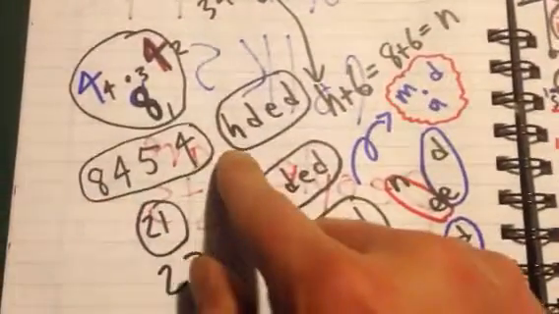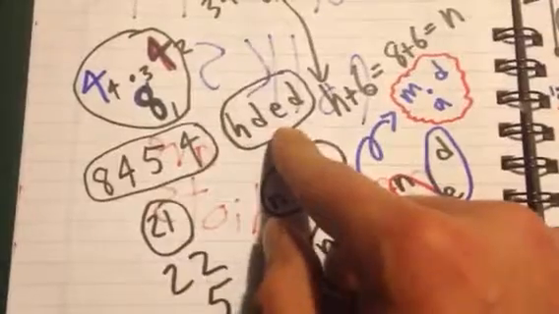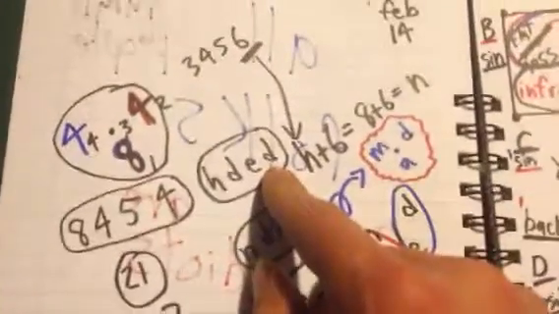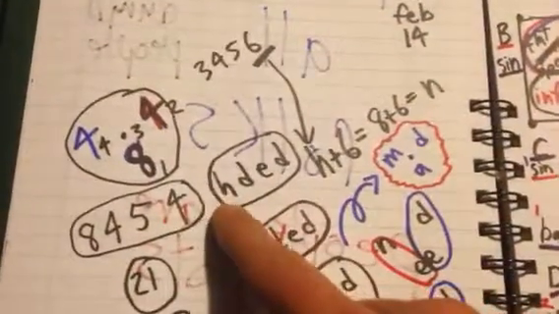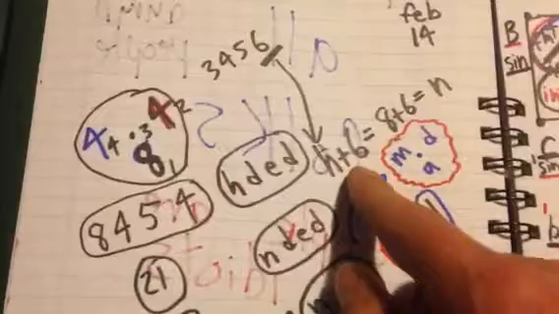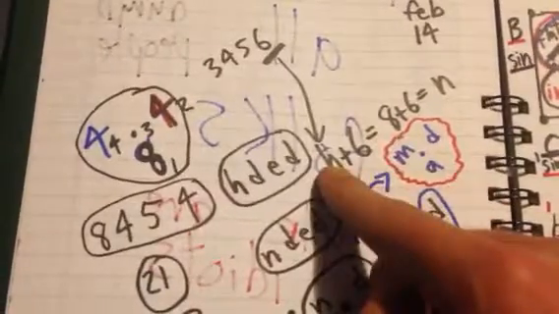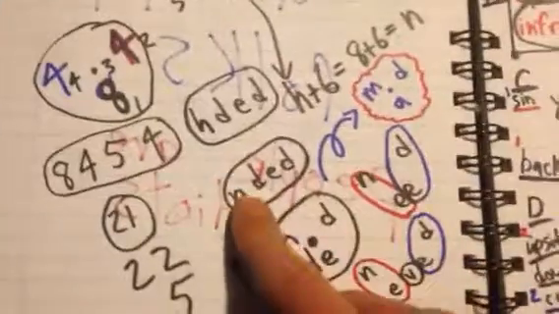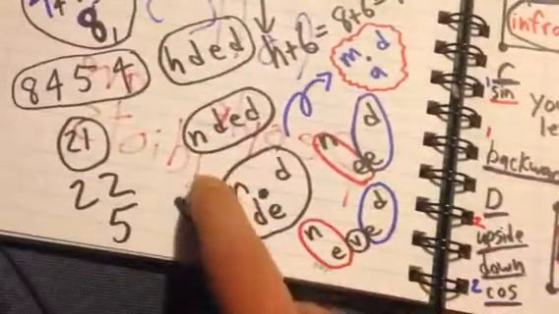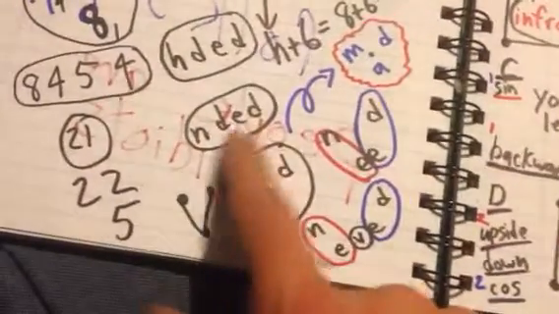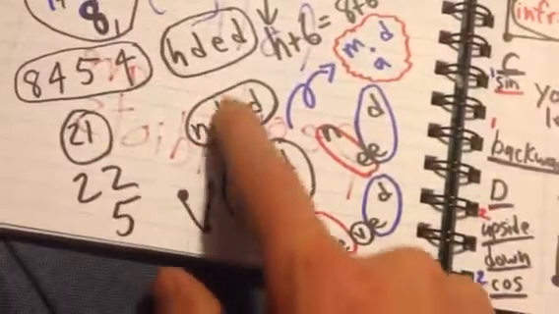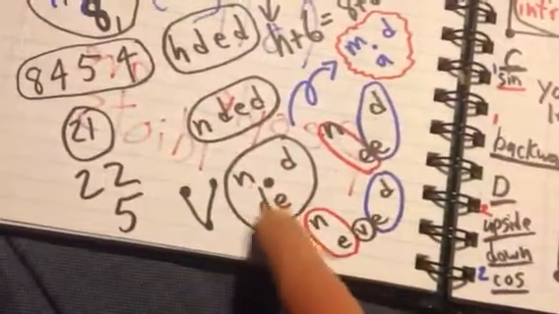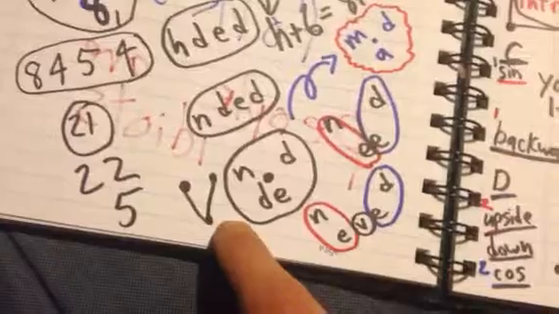8 is the H, 4 is the D, 5 is the E, 4 is the D. However, we need to know that 3 makes 4 makes 5 makes 6 in Armageddon thinking. So I'm going to add the 6 to the first. So H, the 8th letter of the alphabet, plus 6 is the N. So I'm going to replace it with N. Now, 3 makes 4 makes 5, but we have a weird 3 in the middle of a DE. So the DE goes down, dot, N, and the D.